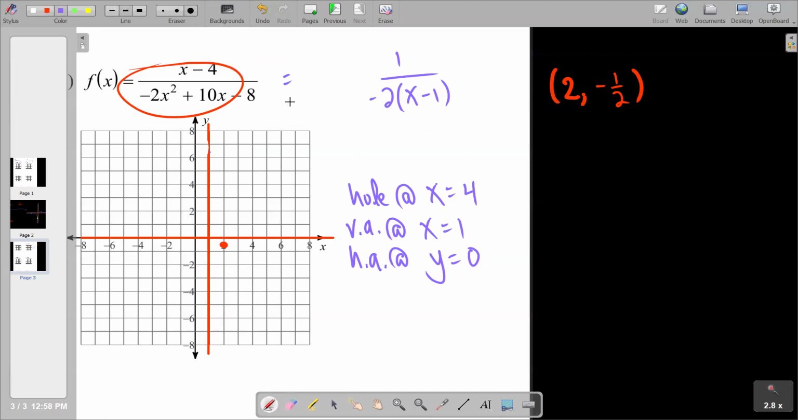What happens if you put in 3? 3 minus 1 is 2, -2 times 2 is -4, you get a -1/4. And so we see that the graph is behaving as we would hope that it would. Right? So I think we have enough information at this point in time to get in there and make a